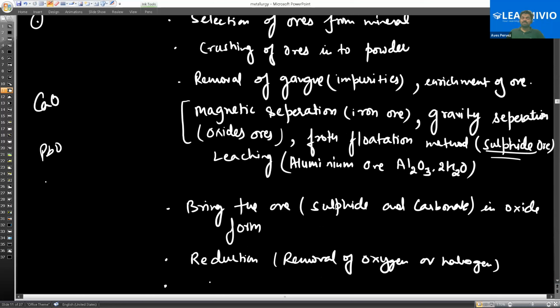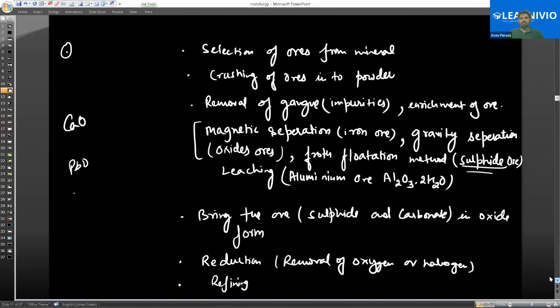Okay, and the last step is refining. So this is how we get the pure metal. Start writing this one down, and step by step we're going to discuss all of them. First we select the ore, then we crush the ore, then removal of gangue and impurities, and